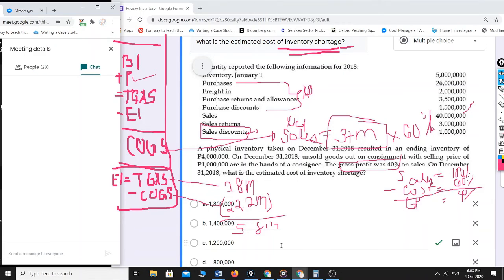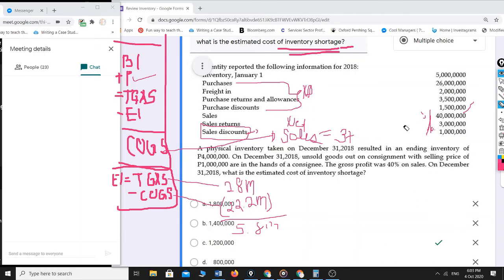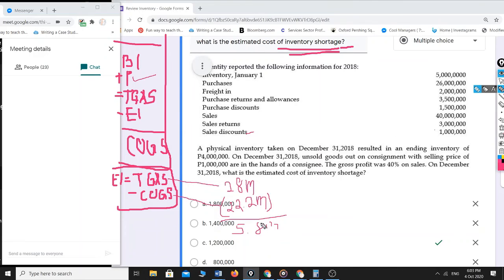We have an ending inventory of 5.8 million. Let me erase it first. The question asks how much the shortage is. So, let's compare the total inventory with the remaining inventory. Okay? So, of the 5.8 million, what we currently have, the actual inventory in the company, is